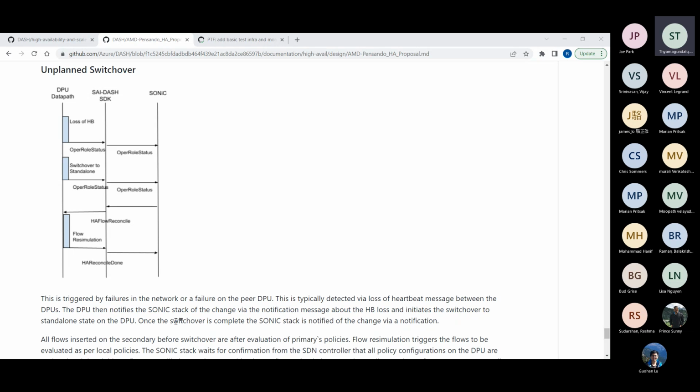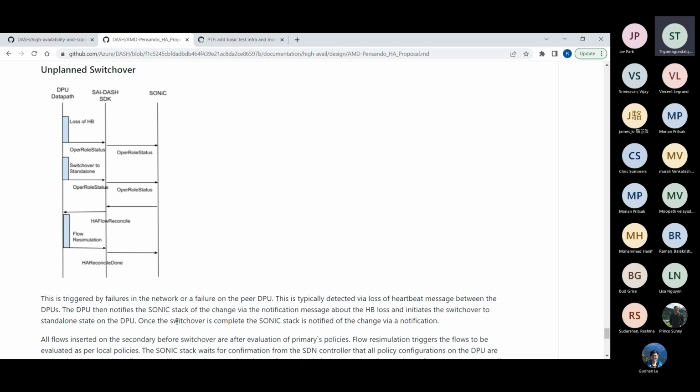We had touched upon this with respect to the policy state, the policy results being passed across from the active to the standby, so that the standby does not reevaluate its policies, because the policies may not be the same as what the active has. So that applies here too.